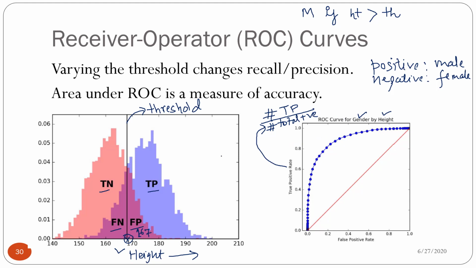So what does it mean? Let me use this threshold to give you some idea about the true positive rate of this classifier, meaning when you are using the threshold with the value of 167. True positive rate means all these samples that you have on the right-hand side of this threshold, which are positive,